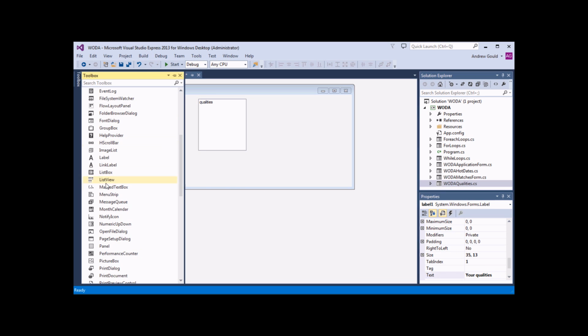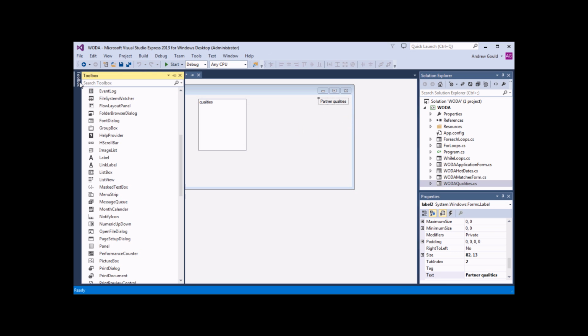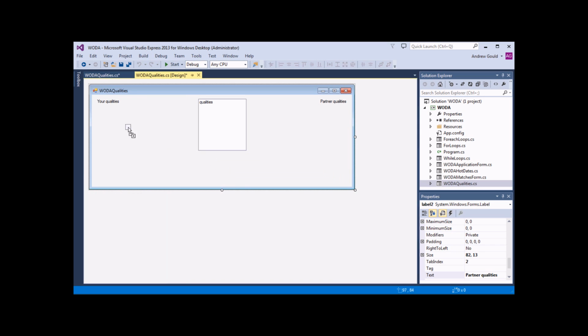So from the toolbox again, I'm going to find the label tool and draw another label towards the top right-hand corner. I'm going to change the text on that label so it says partner qualities, with a capital P preferably. And then I'd like to add a couple of list boxes that will store the list of your and partner qualities. So let's find the list box control in the toolbox, and I'm going to